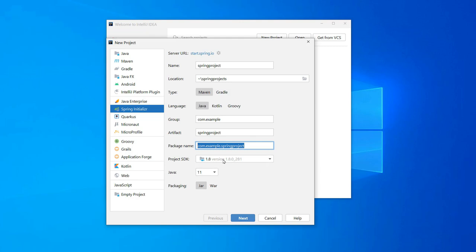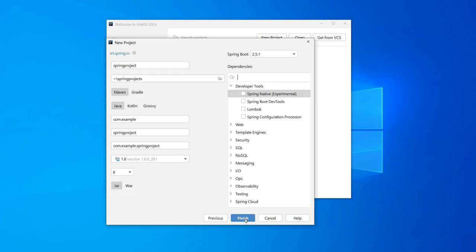So which Java you want to use? By default, your IntelliJ comes with this version, or if you don't want to use this version and you want to use your local Java version, you can just add a JDK, or else you can just leave the default one. And here, which Java you want to use, I just want to use 8. So packaging type is jar. Once you have provided all these options, click on Next here.